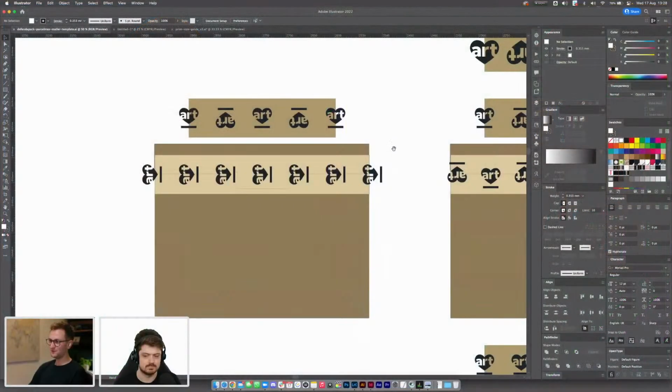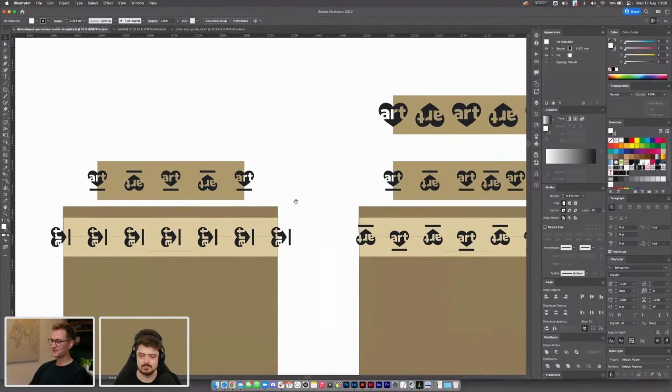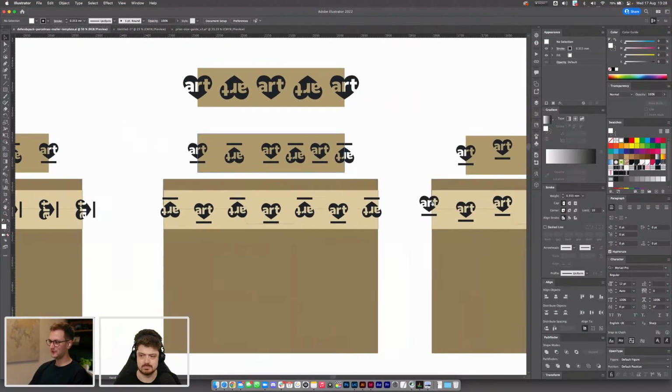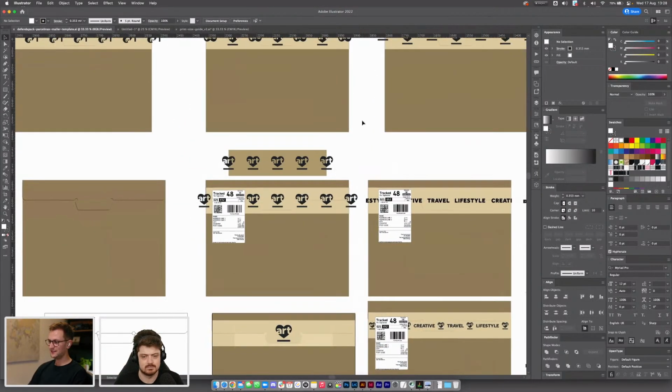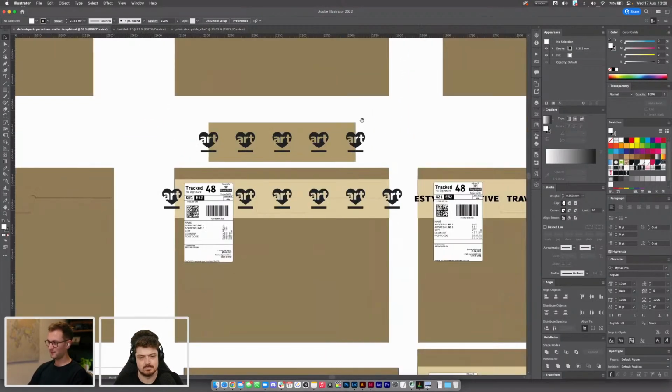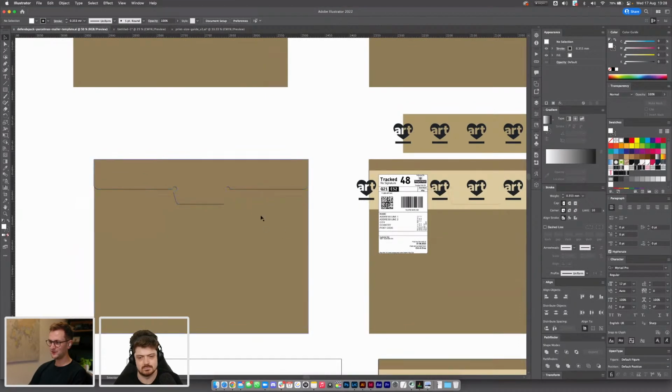And so as part of that experience, I want to brand my packaging. So I've been going through and doing various different tape designs using my Art in the Heart logo. Just going through and finding different values. So of course I mocked up the exact dimensions of my package,